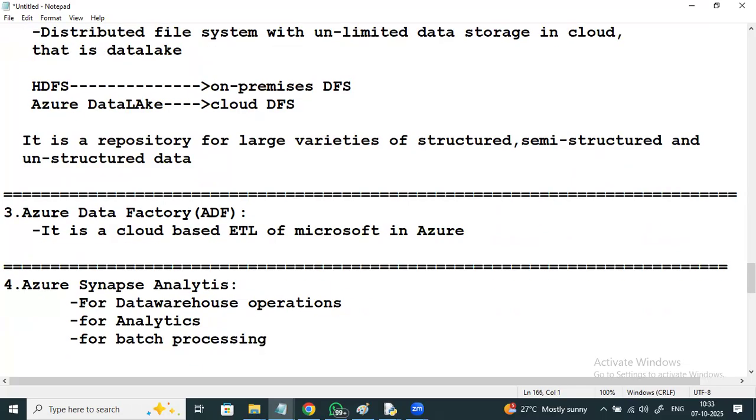We have two types of applications: batch applications and online applications. Online applications are user interactive, where users must give the input. But batch applications are user non-interactive; here, the user doesn't provide any input. It is also for parallel processing.